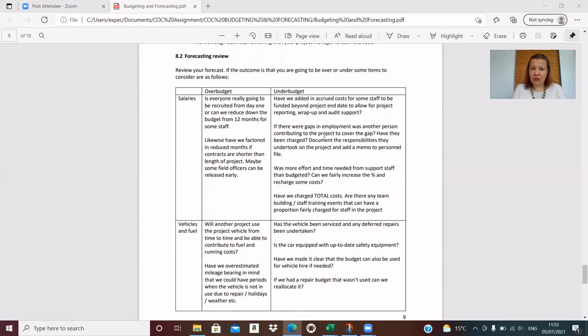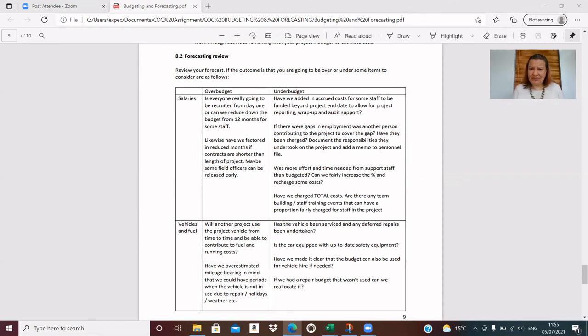On vehicles and fuel, if we're overspent, well, let's critically review the use of the vehicle. Was it all used by our project? Was there maybe another project using it from time to time that could contribute to the costs, that could pay some of the fuel, that could perhaps pay for repairs, etc.? And also, if we're over budget, we could also look at our assumptions based on our number of trips and our mileage, our kilometres per trip. And maybe we realise that actually we need to reduce those assumptions down a little bit to bring the budgeted